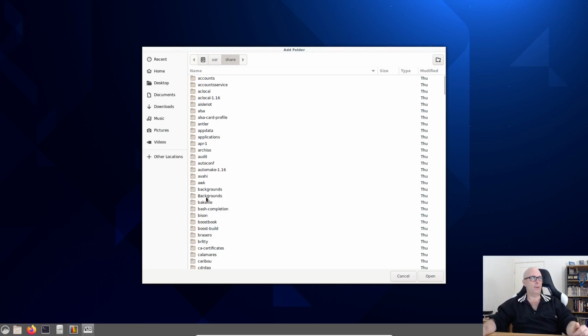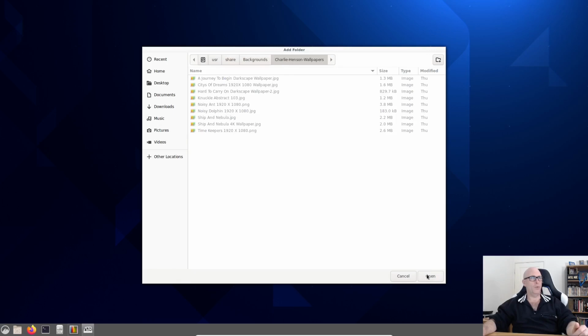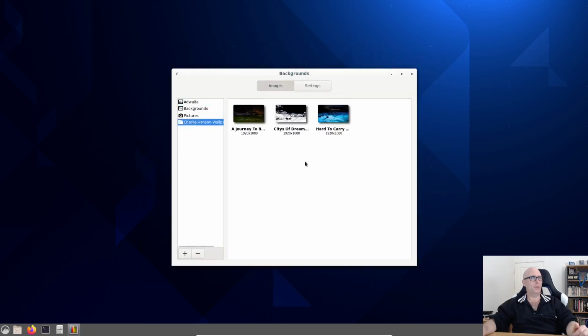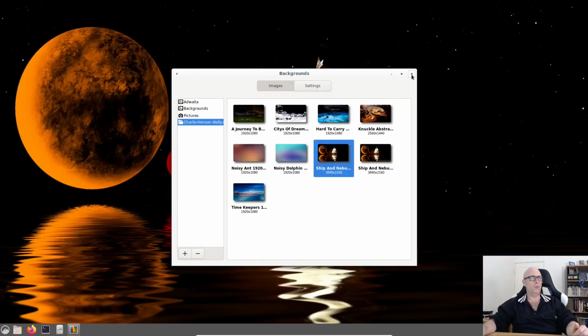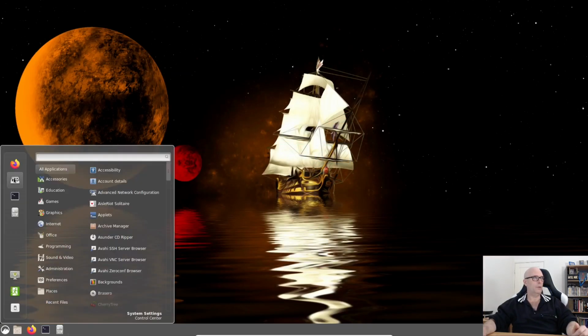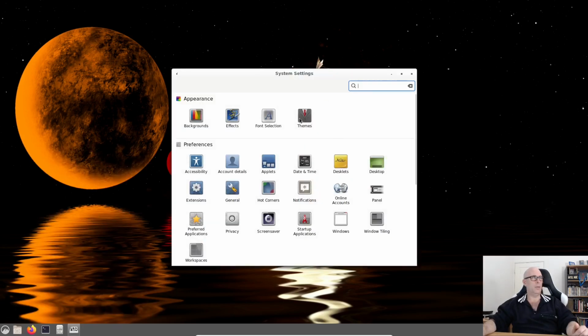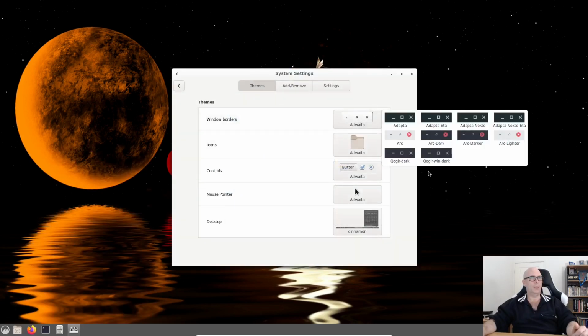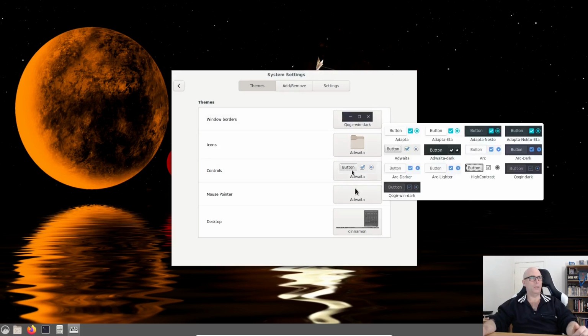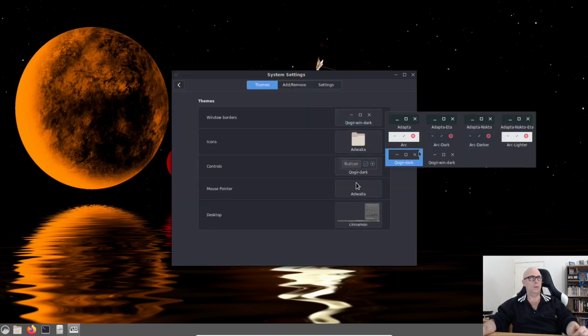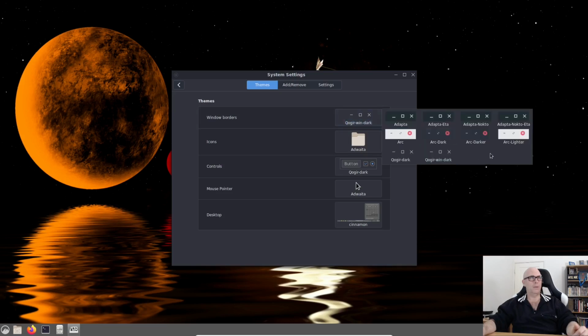If we go to backgrounds, there's my Charlie Henson wallpaper. We can open that. And then we can go there and choose some wallpapers from Charlie Henson. I like this one. It's quite nice. And also if we go to settings, you'll see that in themes, I've got Quagga Win Dark. And that won't show up until you change the controls to at least a dark one. It doesn't have to be the Quagga Win Dark, I've noticed. If you do Quagga Dark or Quagga Win Dark or Arc Dark,